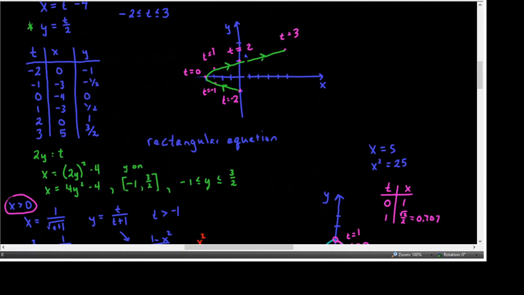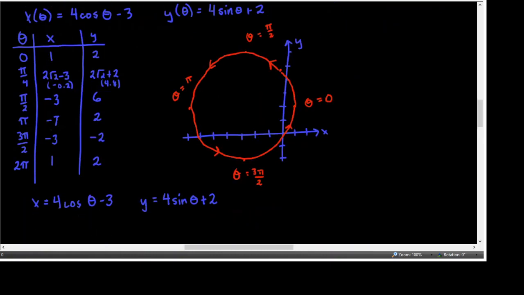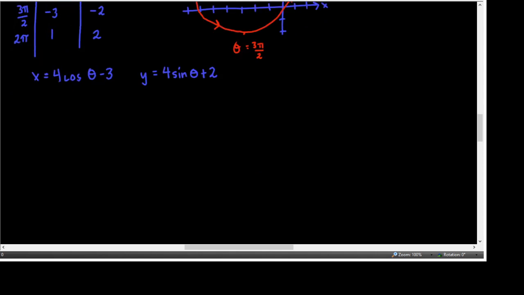Right here. That's what we were doing. So, that's usually what you're going to do. The big exception is if there are trig functions in your parametric equations, that is not the way I want you to go. What I want you to do instead is think of an identity that relates the two trig